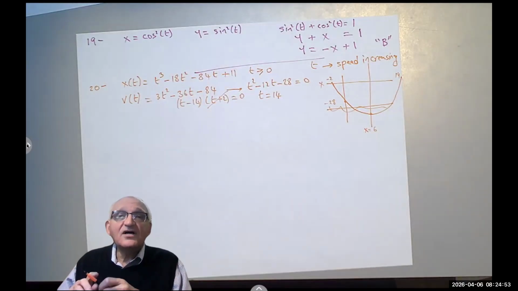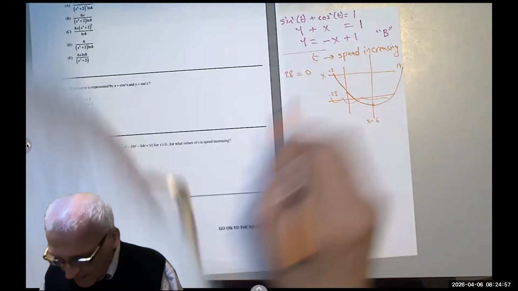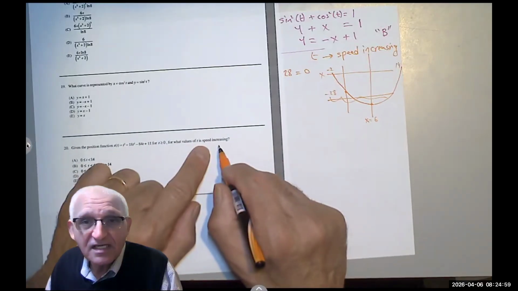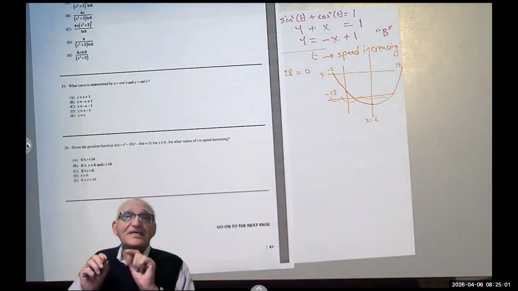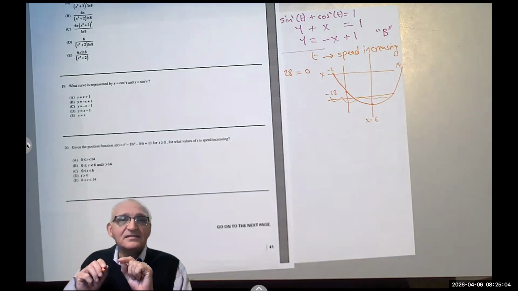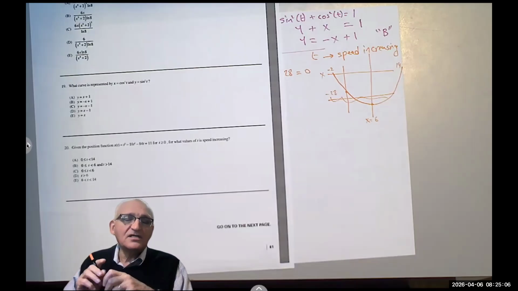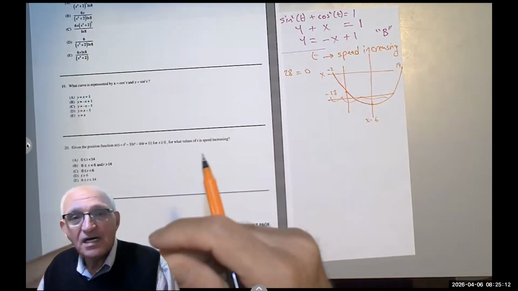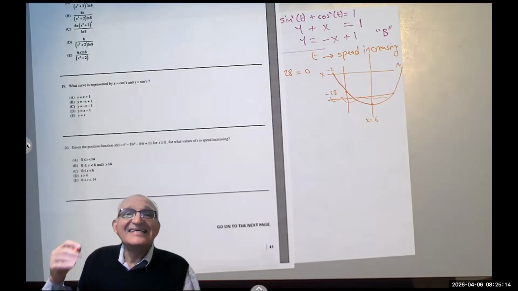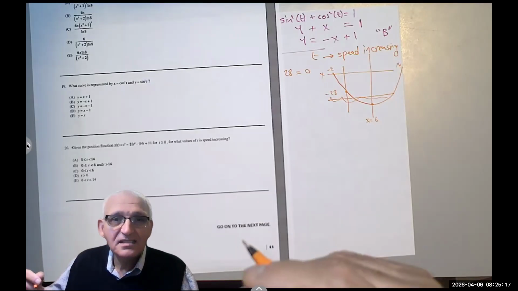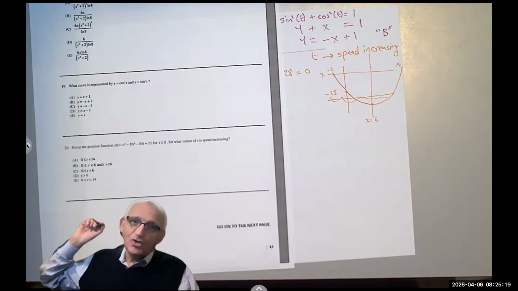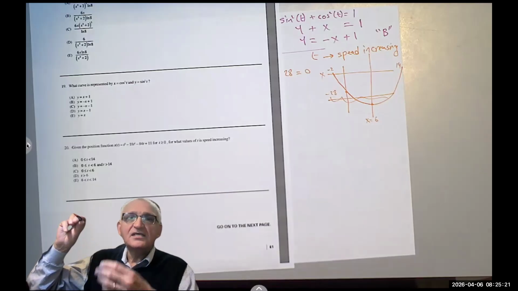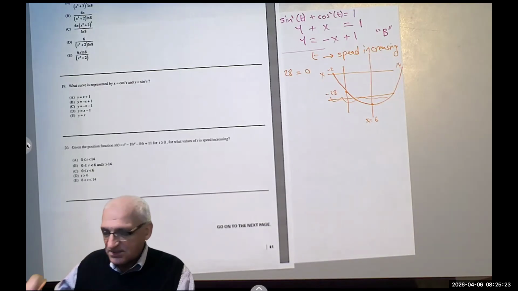Because the speed is increasing if the speed and the acceleration are in the same direction, right? Maybe the velocity is decreasing. If I'm going at a particular speed and the acceleration is in the opposite direction,